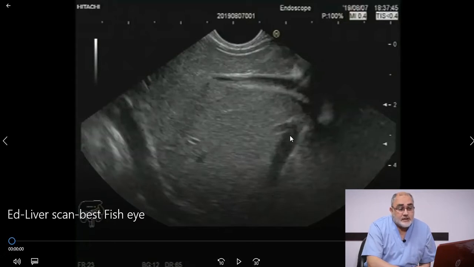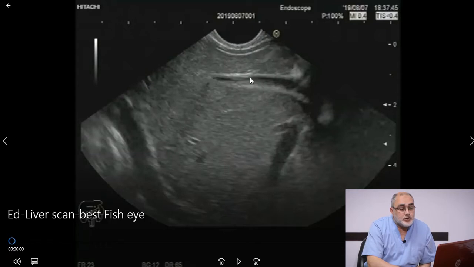The right hepatic vein is characterized by the widest diameter of the right hepatic vein at its insertion inside the inferior vena cava. So the widest diameter is here, with gradual tapering or gradual decrease in diameter when it runs inside the hepatic parenchyma, and this is the portal vein. So our landmark is the inferior vena cava